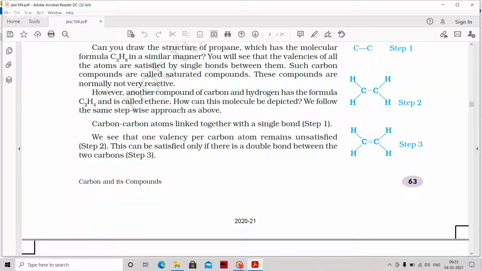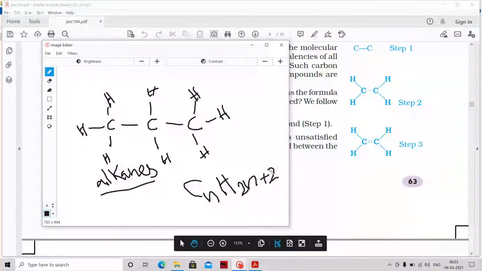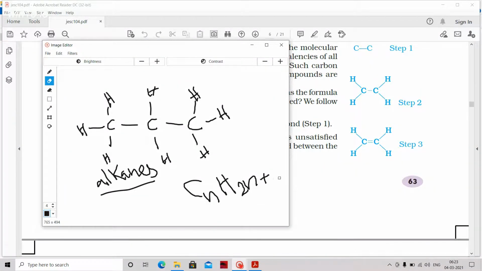Ethene. How did it get 2 bonds? That means 2 hydrogens are less. It should have 6 hydrogens. Now 2 hydrogens are less. So you can change this structure where these 2 can be removed. If you remove these 2, then this is the alkene. This is the unsaturated hydrocarbon. That means for n carbons you should have 2n plus 2 hydrogens, but here I have only 2n hydrogens. So this is now an unsaturated hydrocarbon.